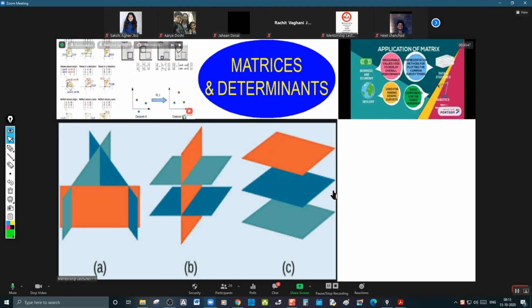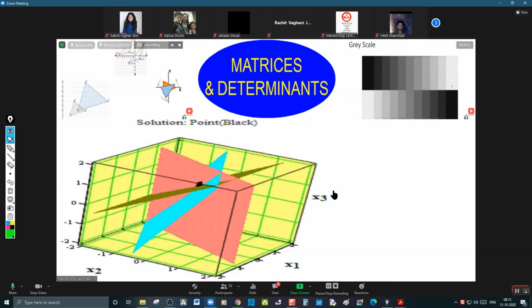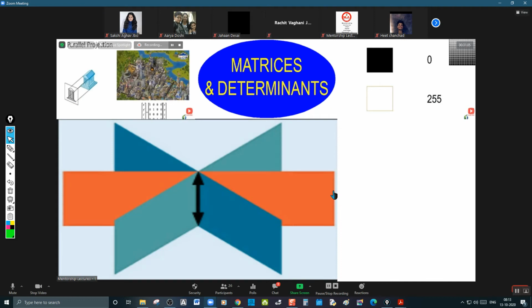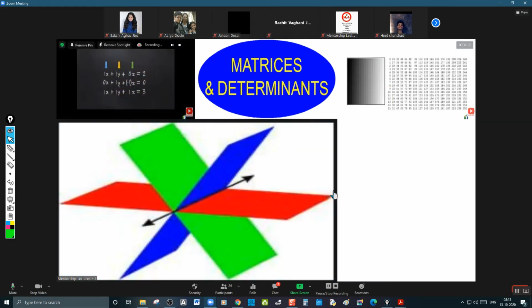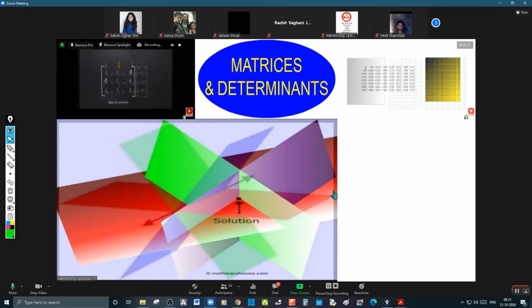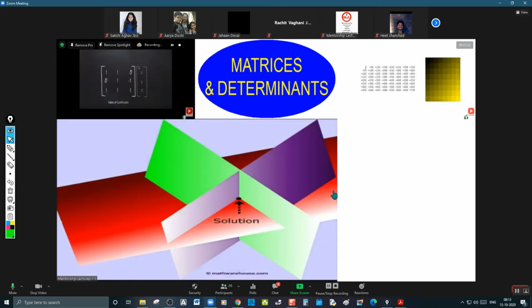Number of solutions means, if three linear equations in x, y, z, a system of linear equations, are given, if they have a unique solution, then it is said to be what? Similarly, if they have many solutions, what do we call it? If they have no solution, what do we call it? If they have a unique solution or many solutions, we call it consistent. Consistency means to have a solution.